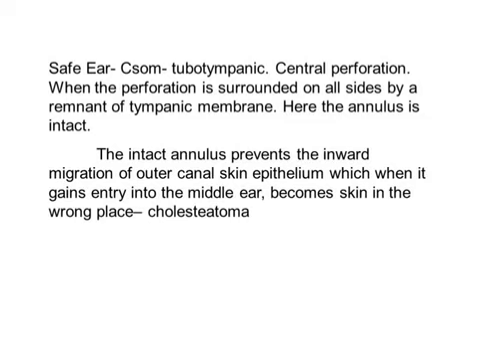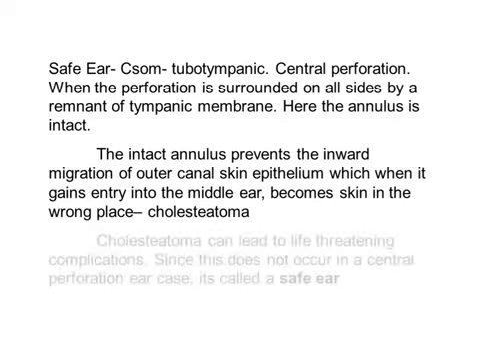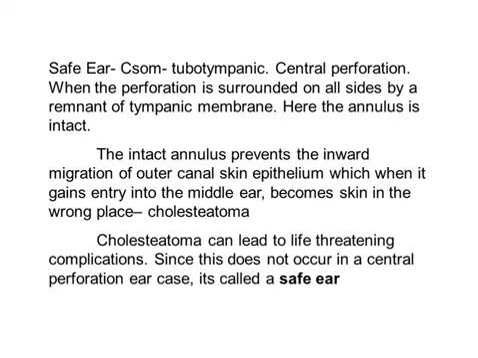When the annulus is intact, it prevents the inward migration of outer canal skin epithelium, which, when it gains entry into the middle ear, becomes what we call skin in the wrong place, also called cholesteatoma. An intact annulus in a safe ear prevents this inward migration, and therefore, in such cases, we do not get the development of cholesteatoma. Cholesteatoma can lead to life-threatening complications, and since this does not occur in a central perforation, we call it a